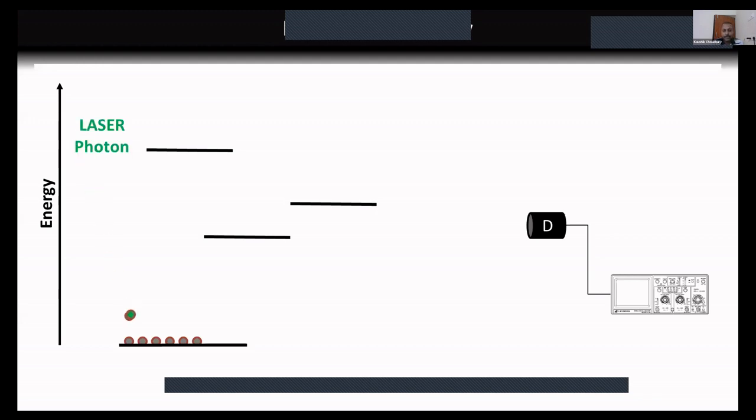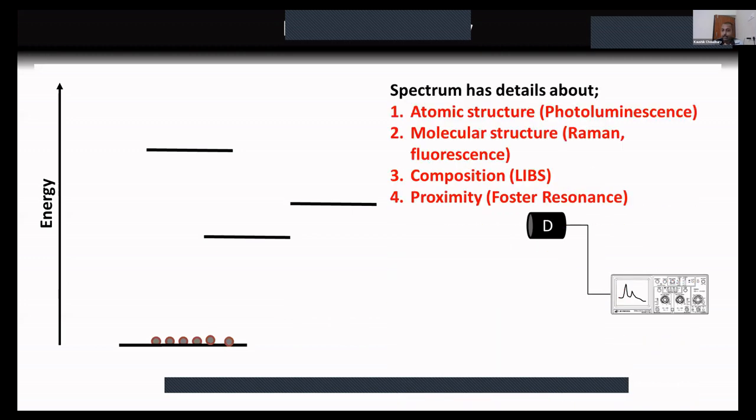So here we can see the simplest experiment of laser excitation and de-excitation: if we excite some material, we can get a fluorescence signal from that material depending on the internal band structure. It can be a fluorescence signal, it can be a photoluminescence signal, and that can give us information about the atomic structure, molecular structure, composition, and proximity. And we all know that molecular structure and atomic structure are very important parameters when it comes to the frontiers of scientific study, like drug discovery or discovery of any new material. So microspectroscopy is one of the things that is invariably being used these days for studying material properties